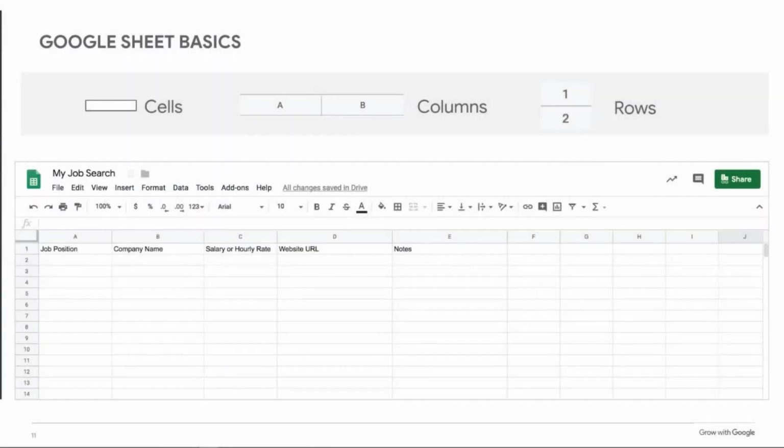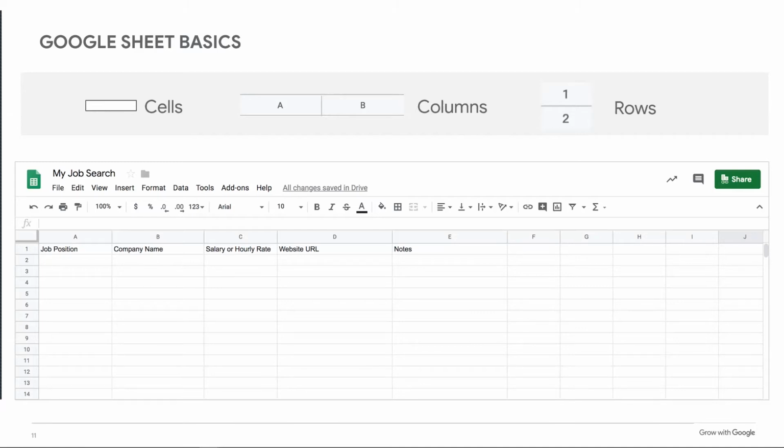Okay, so once you open a sheet, this is essentially what they look like. Now, sheets are made up of cells that are in columns and rows. Each cell across are your columns, and they are lettered. Each row down is numbered.